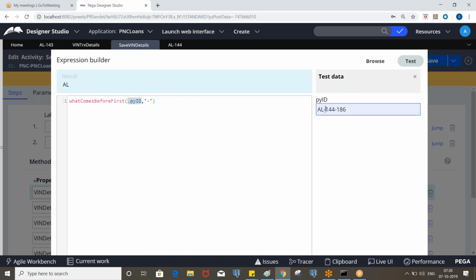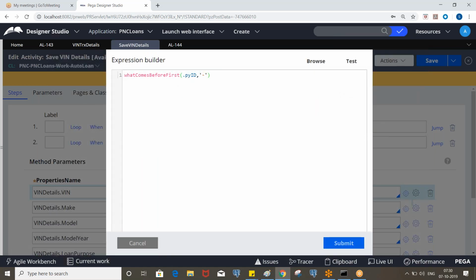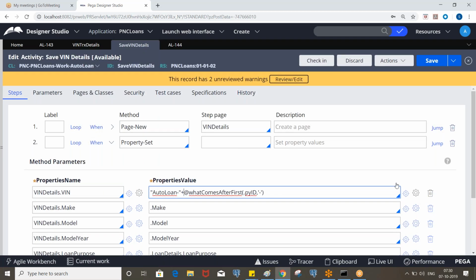It is taking the first occurrence and returning. What comes before last? It will take the last occurrence and return the whole prefix. Okay, so you can test in that way. Take each one, pass some string, and check the returned value.